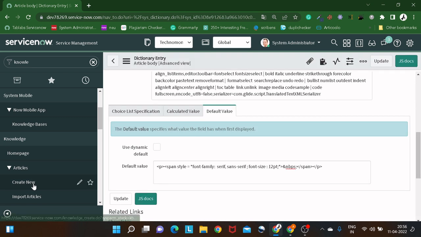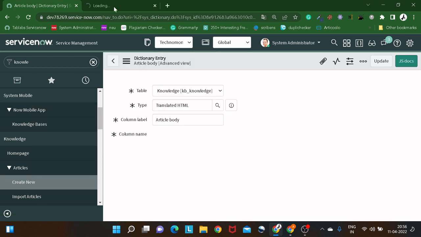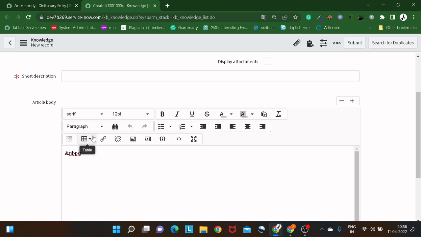what I will do is go and create a new article now. So I'll go create a new article, and we will wait for it to get loaded, okay. I don't know, my internet is slow or what. And now you can see the article body. Whatever you type over here, you can remove if you want. I just wanted to add a signature over there. And now if I reload this form out, right,